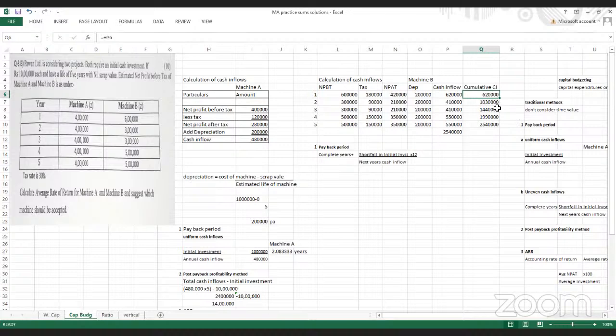Clear? What is in second year? It is 10,30,000. So it is going beyond 10 lakh. So we have to take first year only as complete year. Okay, so I'll write completed is only 1. Before reaching 10 lakh, we have completed only 1 year. Okay, so complete year will be 1 plus